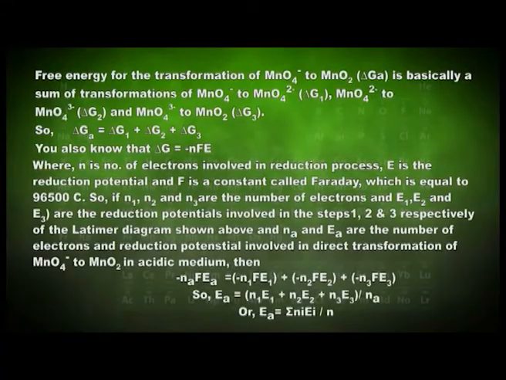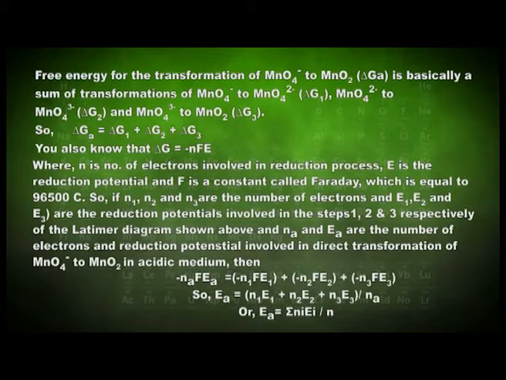As you know, free energy is a state function and doesn't depend on the followed path. Therefore, the free energy for the transformation of MnO4- to MnO2 is basically the sum of the free energies of the individual steps of the transformation from MnO4- down to MnO2. So, delta Ga is equal to the sum of delta G1, delta G2 and delta G3. You also know that delta G is equal to